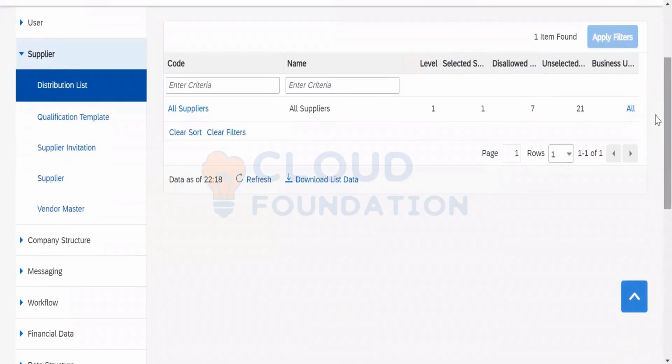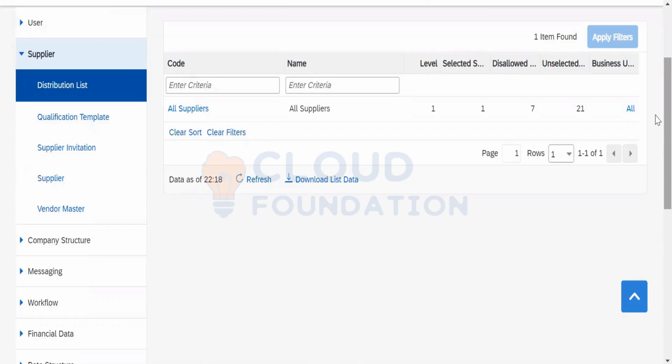We understood the vendor master. We understood the supplier. No doubt, between vendor master and suppliers, you don't have much of a difference. As I told you, many companies will not be using the vendor master.